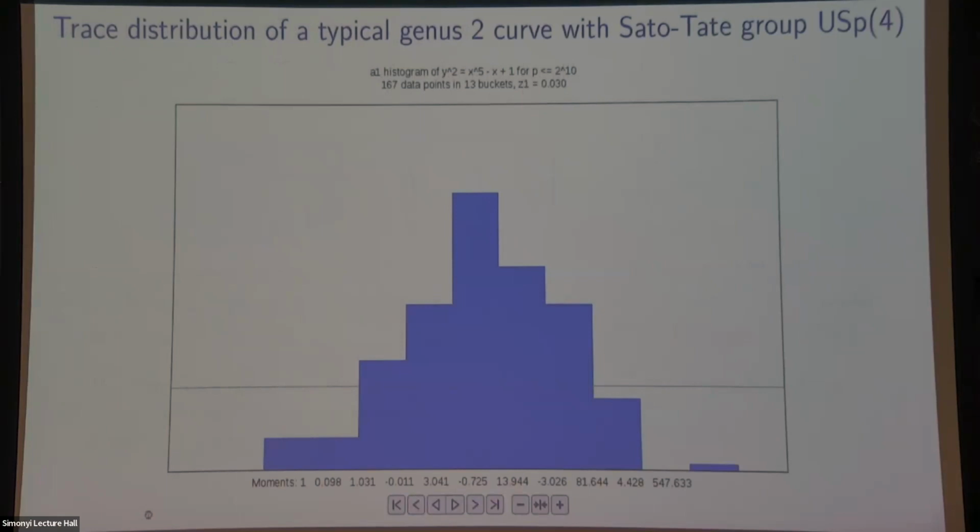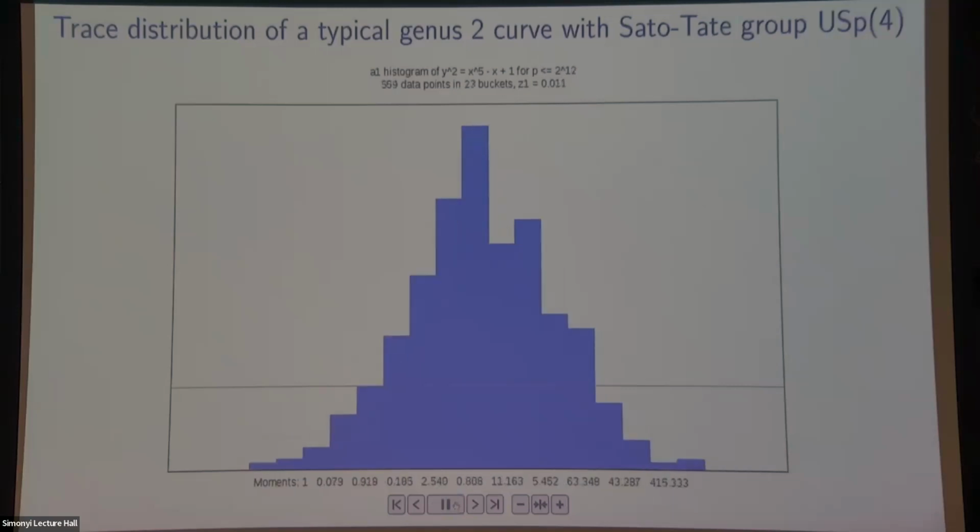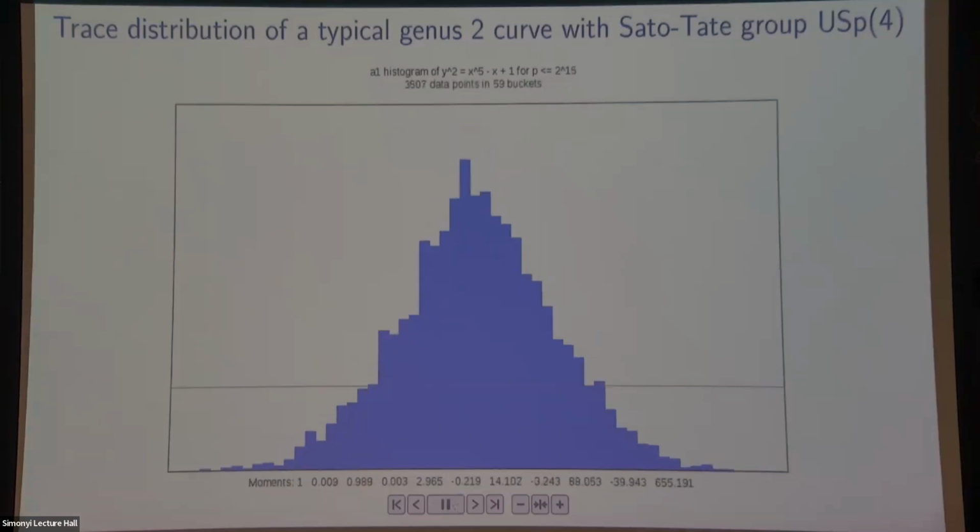And so here's just an example of what things look like in dimension 2. This is the exact same animation as we saw in the elliptic curve case, except now it's a genus 2 curve with the equation written up there. We're counting points mod p for lots and lots of primes, taking a_p divided by square root of p, and then plotting real numbers that are now ranging from -4 to 4. And you see a nice smooth curve that reflects the trace distribution you would get if you sampled random matrices using USp(4).